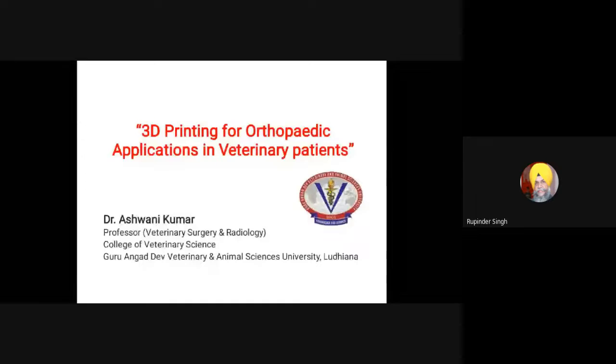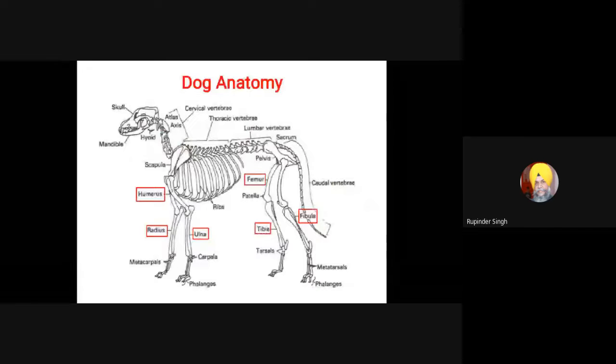Currently, our international orthopedic veterinary journal is showing interest in this technology, and they are publishing a special issue on 3D printing in veterinary orthopedic applications. So this is one of the emerging areas in veterinary patients, and I would like to share my thoughts on this issue. Before we start on the application of 3D printing in our veterinary patients,